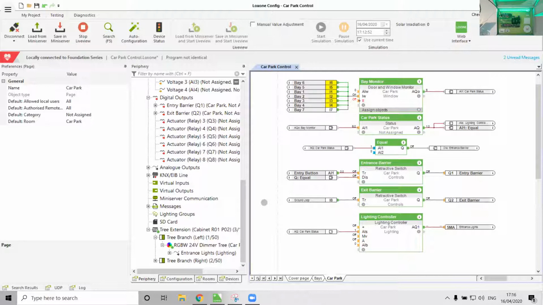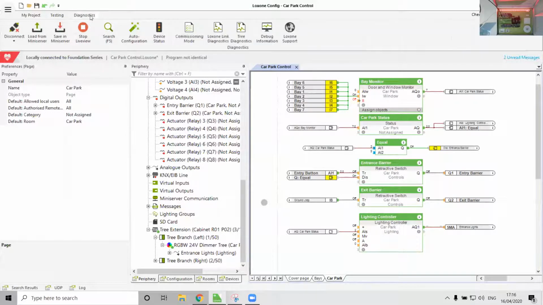And that is the main bulk of our assignment done. Final car drives in, red. A car leaves, green. When the car park has free spaces, people can enter. When the car park is full, people cannot enter. And in the app, if I just go to the web interface,